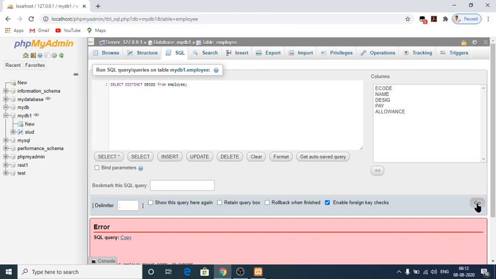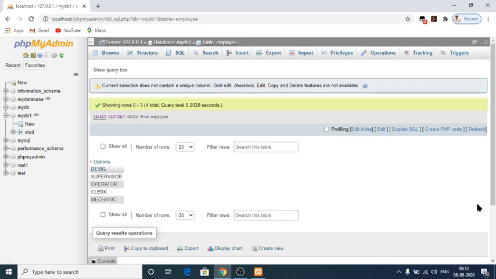It will remove the duplicates from the table. So after that, yes, supervisor, operator, clerk, mechanic. Only 4 designations are there, but totally 6 members' details are there, because of 2 supervisors and 2 operators. Because of giving the distinct keyword, the duplicates have been removed from the table.